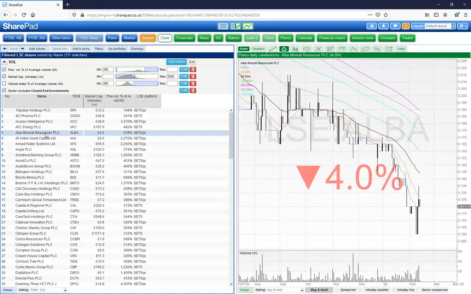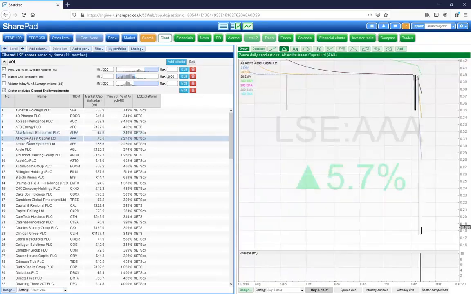Alba Mineral Resources, 4.5 million. Doesn't really look like much is going on here. When you get into these tiny stocks, the spread can be really wide, so you've got to have some volatility to actually beat the spread and get ahead. It doesn't really look like one I'd be interested in. All Active Asset Capital,